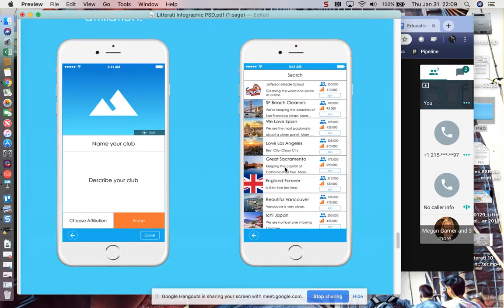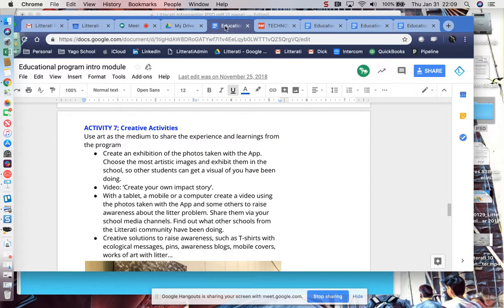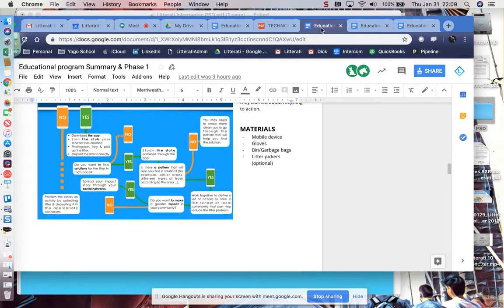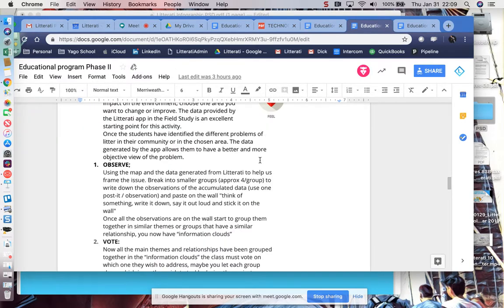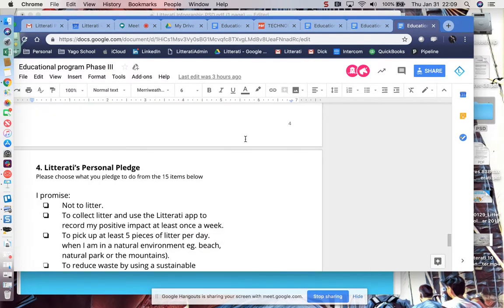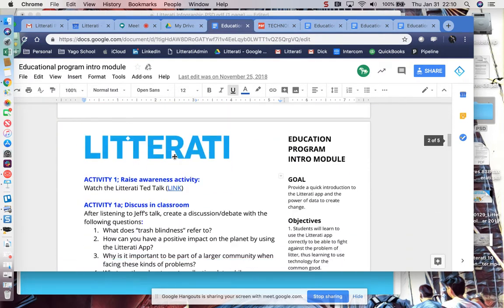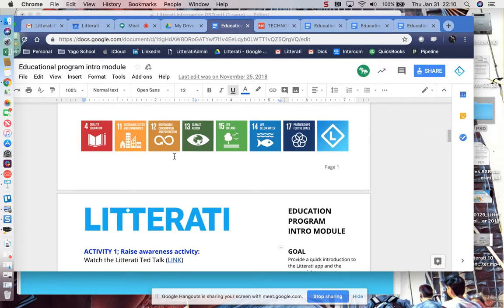What's great about Litterati and the curriculum that Dick has made available is you can take all this information and apply it to a program to make some change within your school or try to answer a question or figure out how to prevent litter. This is all wrapped up in the same thing, and we're going to have monthly check-ins to talk about whenever you have an idea you want to bounce off of us, or if you need resources, whatever you need, just keep going as you develop these projects and start implementing them.